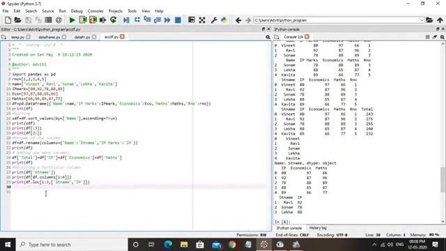So beta, in this manner you can access a particular column, select columns, and we can also select rows and columns.